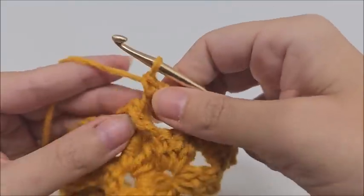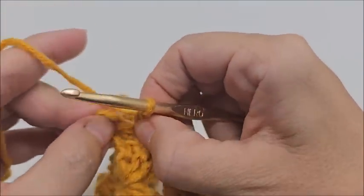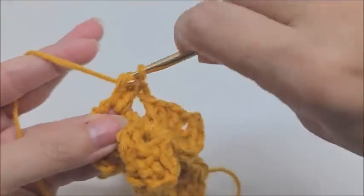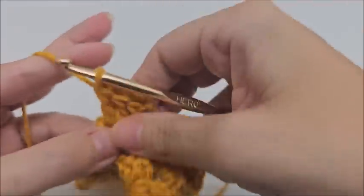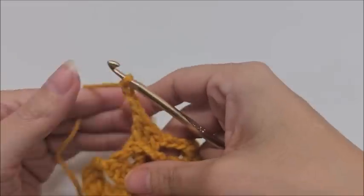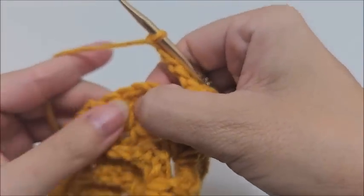around it, get that first one in, pull it down the post, and then I flip my work so I can clearly see the post that I'm working in right there. And I'll go ahead and put my other 2 back post double crochet for a total of 3, and this is what I'm going to repeat all the way across. So again, I'm going to chain 3 again, 1, 2, 3, jump over here to my next set of 3 right here, and in the first one, 3 back post double crochet,